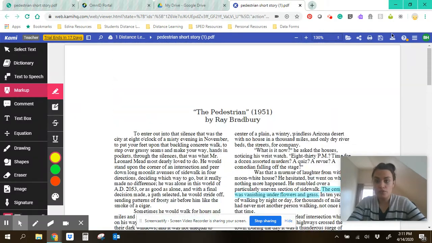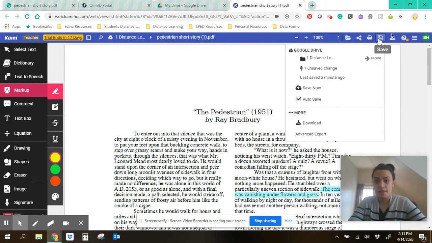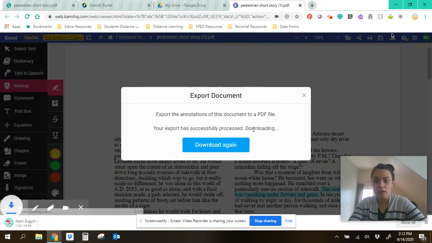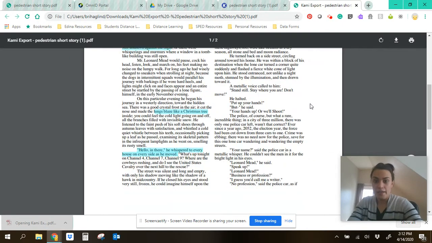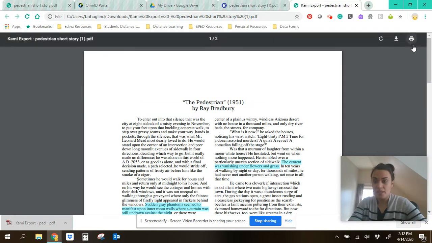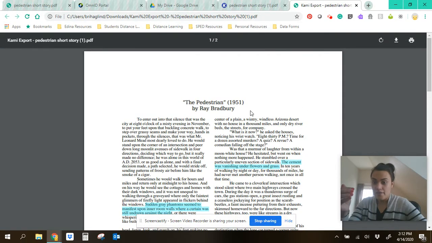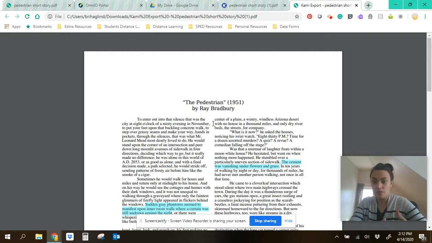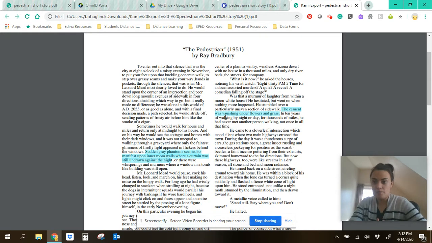Once you do that, you're going to hit this save button. Mine is on autosave. You can also download it. I don't know exactly what that looks like on a Chromebook, but you can download that with the highlights and then just send me that as an email, and that will count as your assignment for today's lesson, which is going through and highlighting the different pieces of the different literary devices, or where you feel like